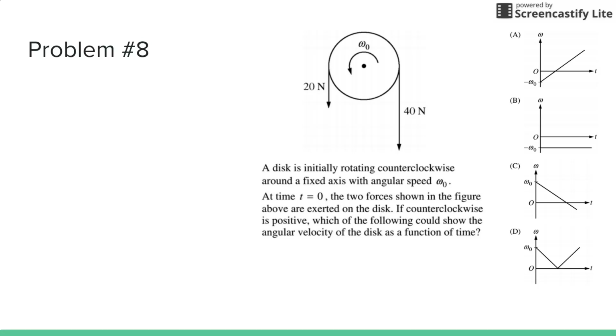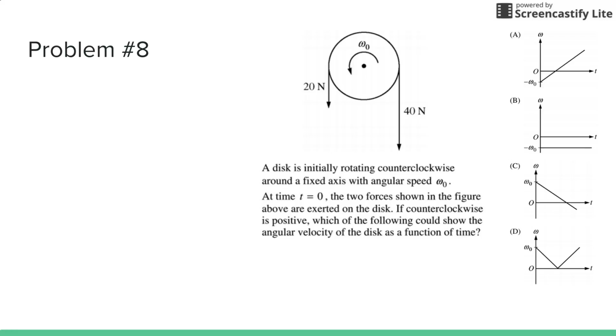Onto the problem. A disk is initially rotating counterclockwise around a fixed axis with the angular speed of initial omega. At time t equals 0, the forces shown in the figure above are exerted on the disk. If counterclockwise is positive, which of the following could show the angular velocity of the disk as a function of